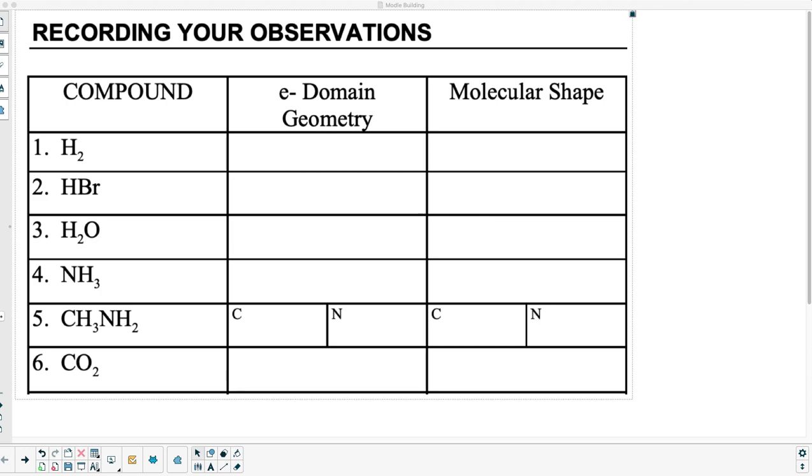So this is the model building assignment. For the online kids, you are not going to be taking pictures of the models you build because I can't get the model kits to you, but those hybrid students that are going to be working in class can take pictures of the four. When you do this, I want you to take pictures of all four of them at one time,